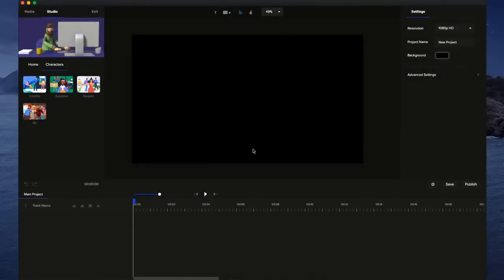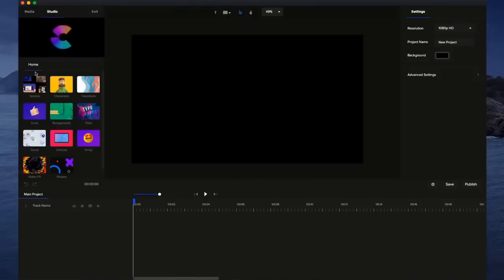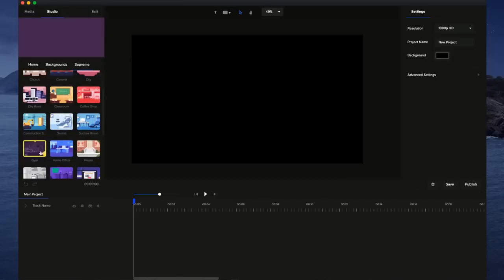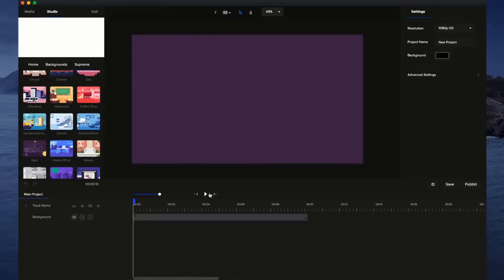In this video, you're going to learn how to work with characters inside CreateStudio. So first of all, on the left-hand side panel, you'll be able to see we've got the studio builder over here. And what I can do is go over to backgrounds. I'm just going to go grab a background first of all to start my project. So I'm going to click on this gem, just drag and drop it onto the canvas,